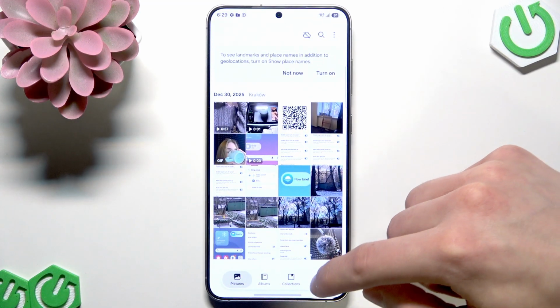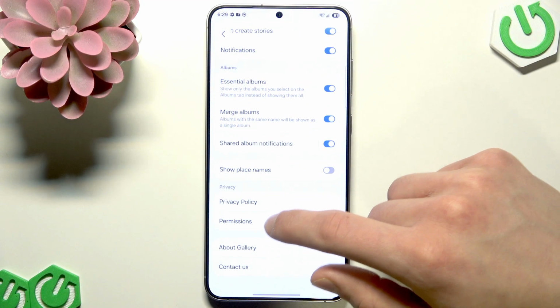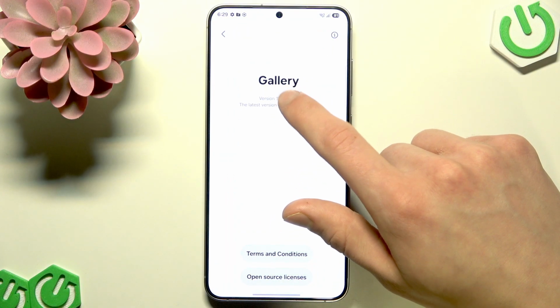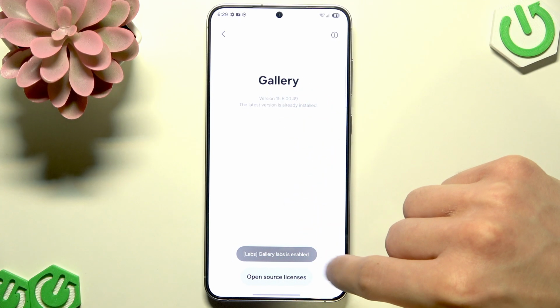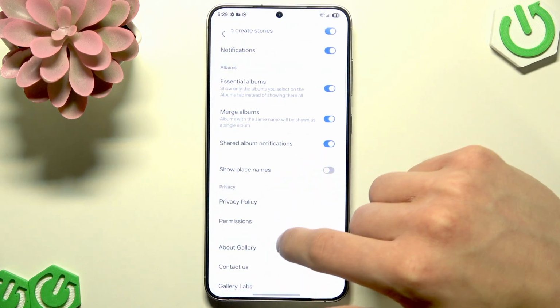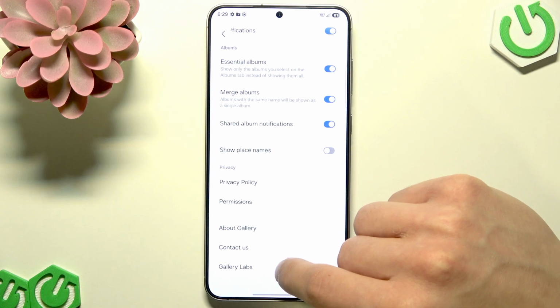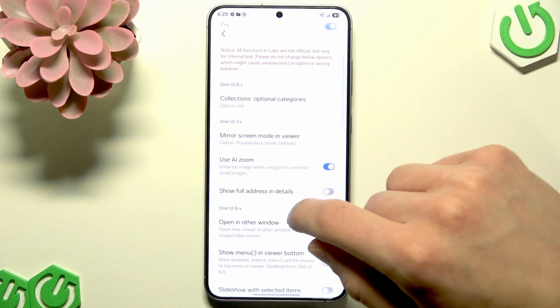All you have to do is open Gallery application, then go to settings and navigate down to About Gallery, and in this menu tap 11 times on your gallery version until you see Gallery Labs notification at the bottom of your screen. Then go back to the previous menu, open Gallery Labs, and now if you are using One UI 7, you're